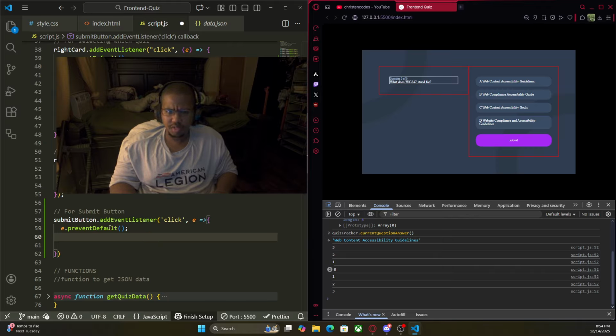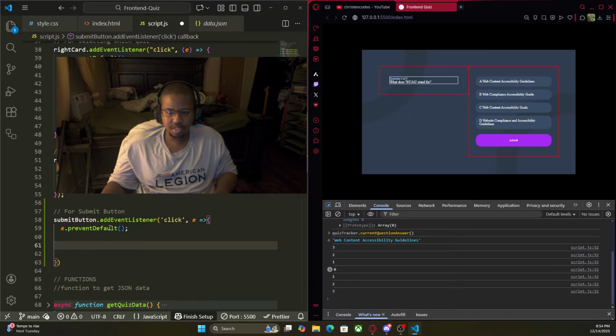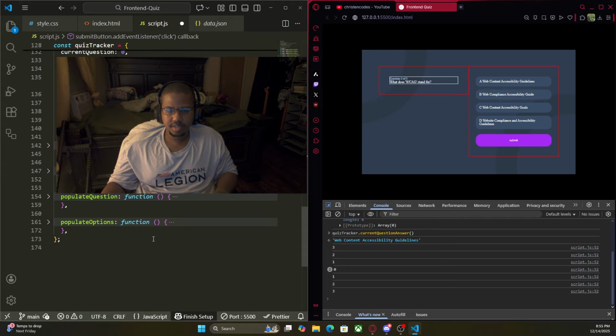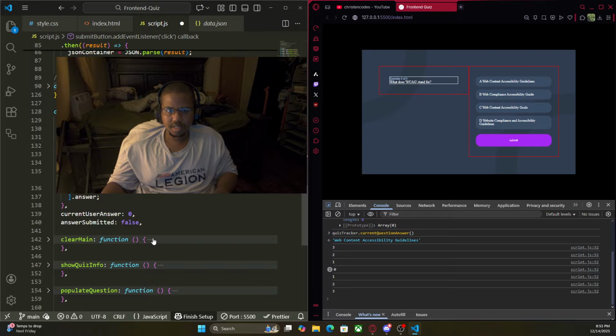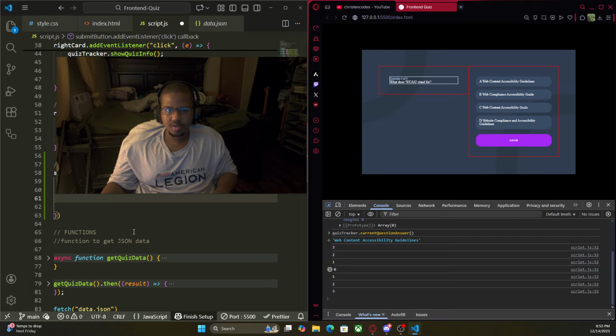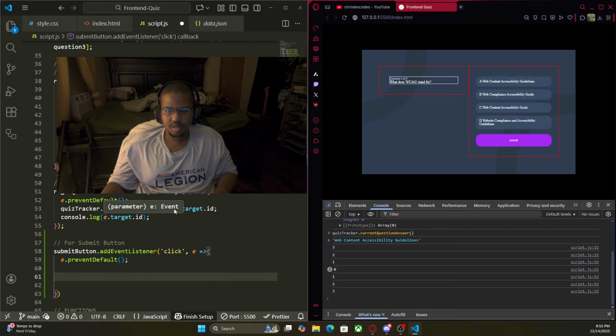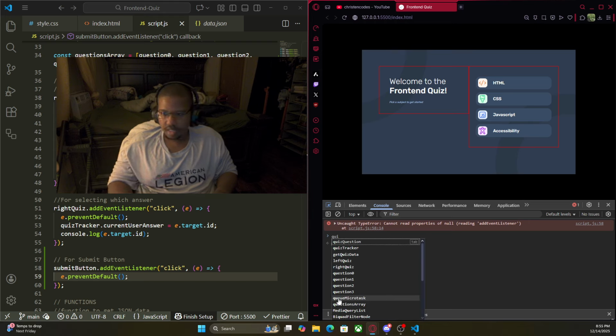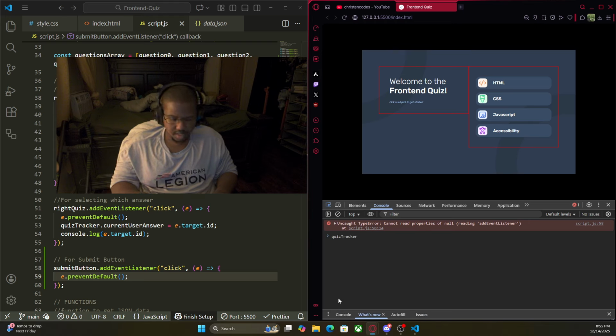And so submit button dot add event listener, click E, and then we're gonna do E prevent default. And then what we want to do is capture the current user answer. So, oh, if I just do quiz tracker dot current,